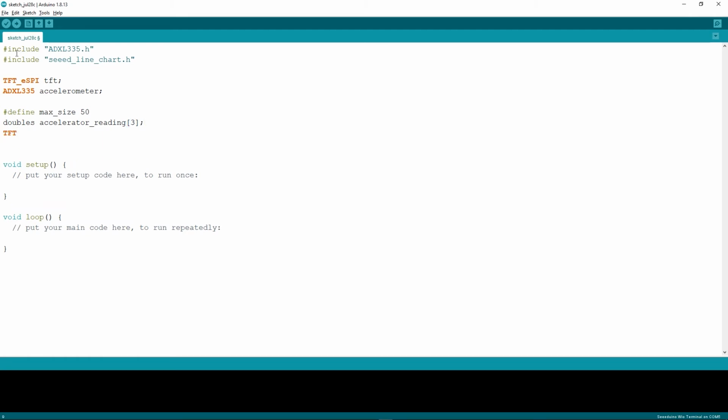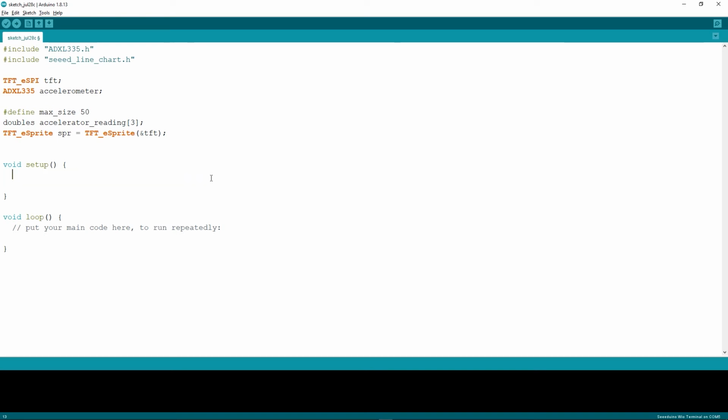After that, let's create a buffer sprite, spr, TFT sprite and tft. After that, let's write our initialization codes.